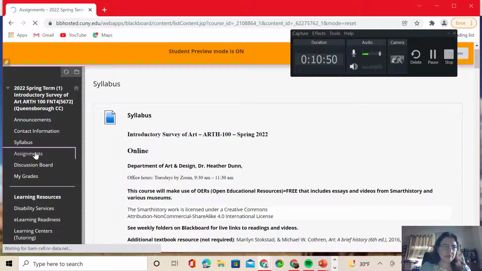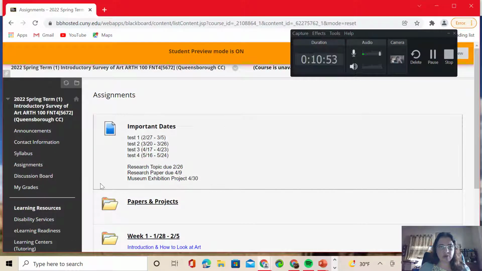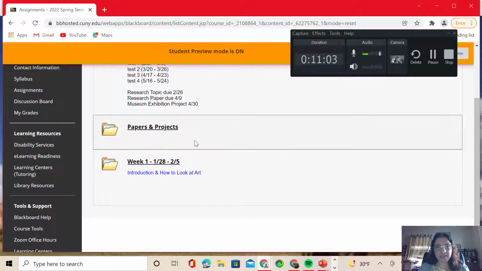Next, we'll see the folder on assignments. I put all the important dates here again for you. When your first test, second test, fourth test, all of this is due, right? Then your first folder here